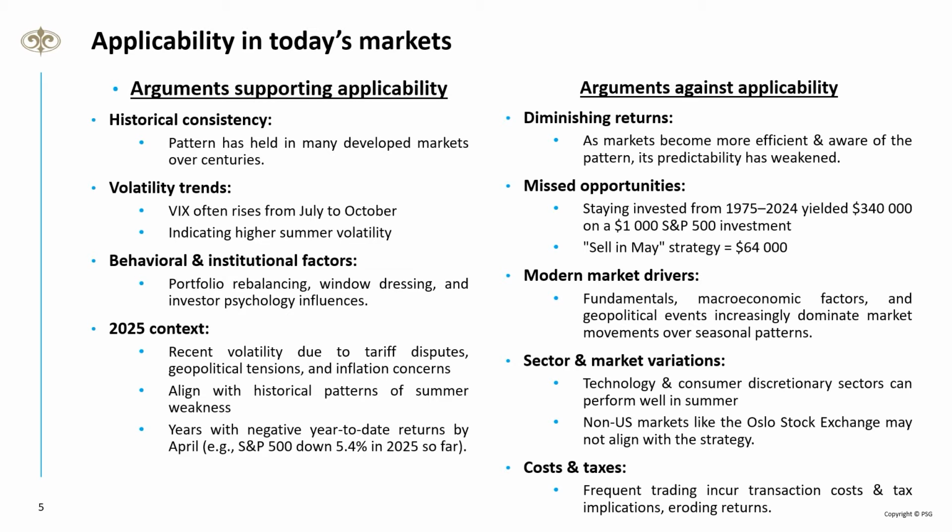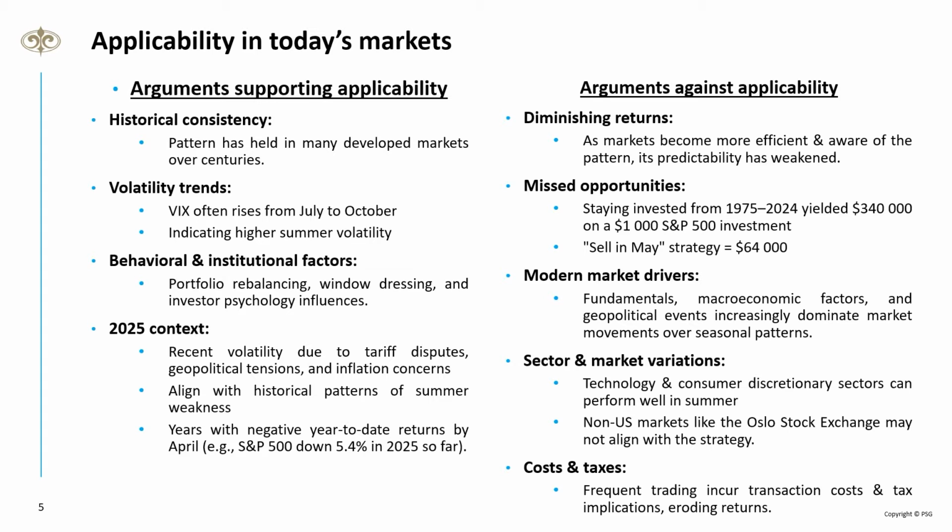But again, weakness at the beginning of the year does align to weakness in summer. So you can see the years that we had negative year-to-date returns. For example, the data I was looking at for the S&P 500 shows we're down 5.4%. You'll see a chart just now updated with more information. So there are 3 main criteria we can look at.